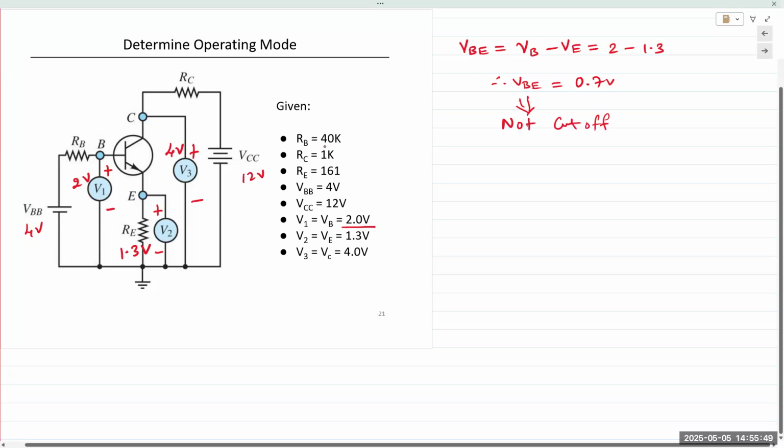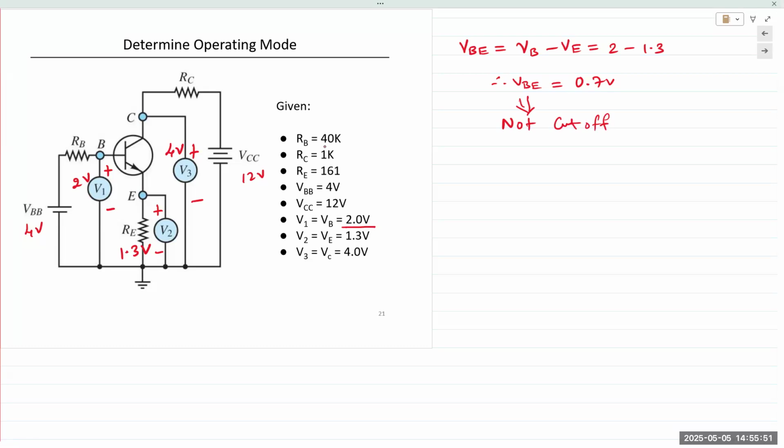No need to do anything else anymore. But if it is forward bias, then it means it could be active or saturation. And in order to test for that, we need to determine